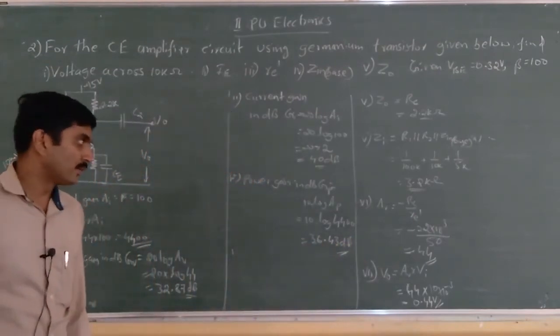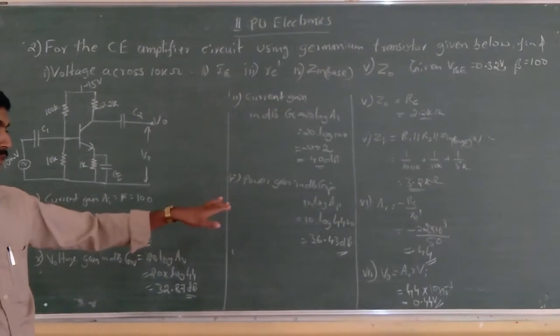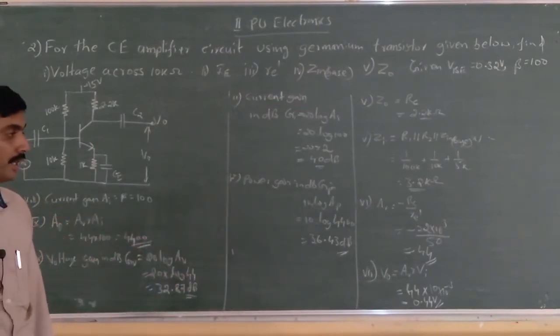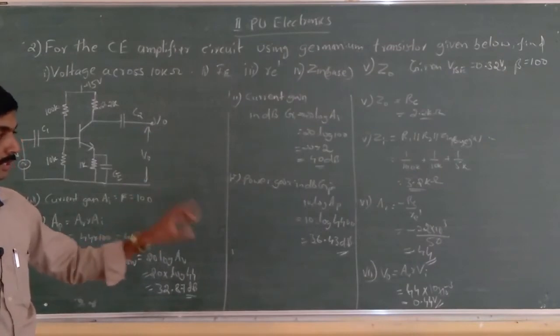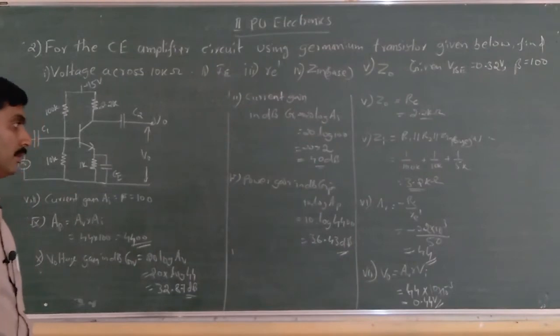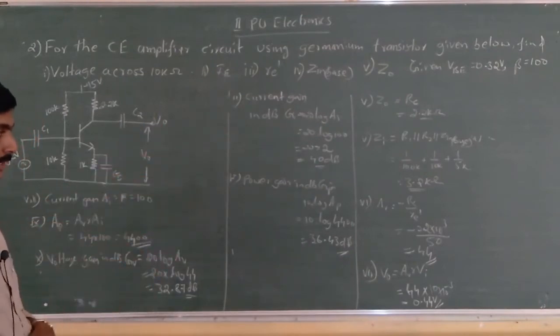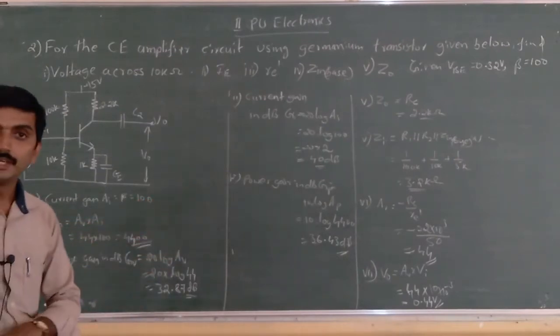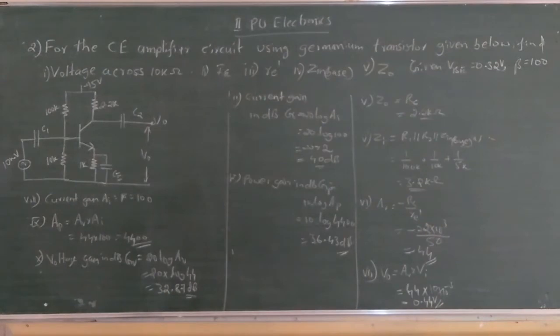Actually it is 10 log 4400. There are 4 digits, therefore 3 is the characteristic. 3 point, and for 44 you have to look for the mean difference value. So that comes around 3 point something. Yes, so 10 into 3.643 equals 36.43 dB.